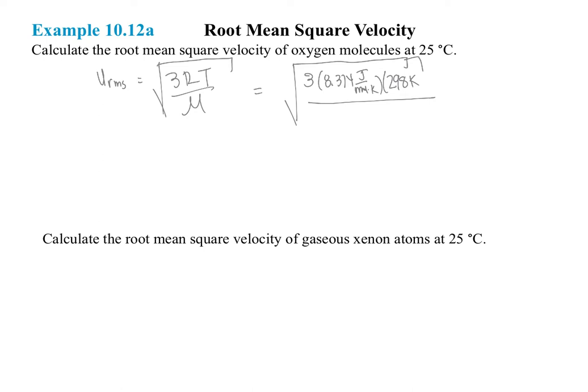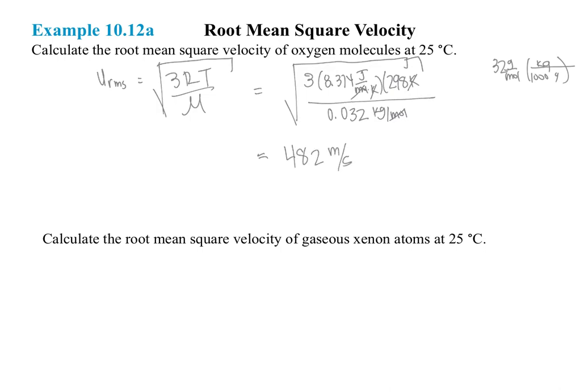Now oxygen is 32 grams per mole for O2. So that means we need to divide by 1,000 grams in a kilogram. So that will give me 0.032 kilogram per mole. So what that ends up doing is the kilograms cancel out from the joules. The moles will cancel, Kelvin cancels, and what's left from the joules is meters squared per second squared, and then I square root it. So that ends up giving me a velocity of 482